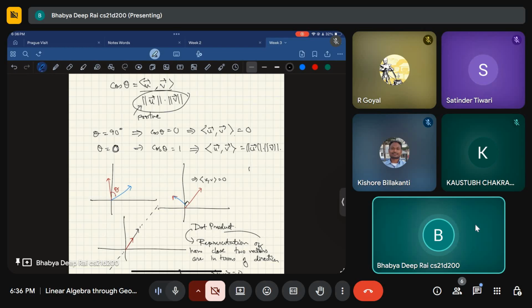Yeah, sure. So, dot product, I didn't want to get into it right now because it's not there yet in this week's lecture. So in this formula, say you have the dot product of u and v is equal to the mod of u, mod of v, multiplied by cos theta. And so basically, what are we computing?